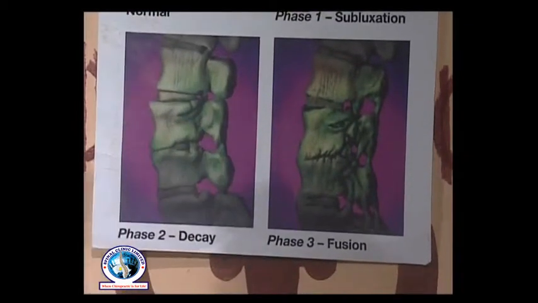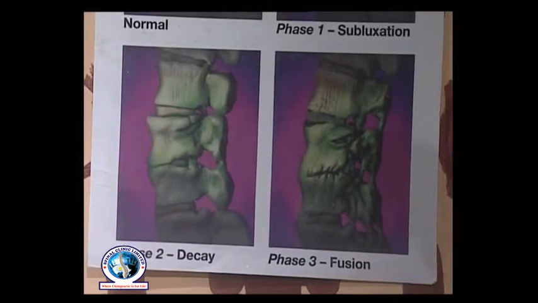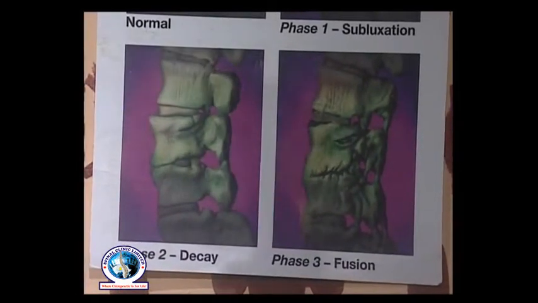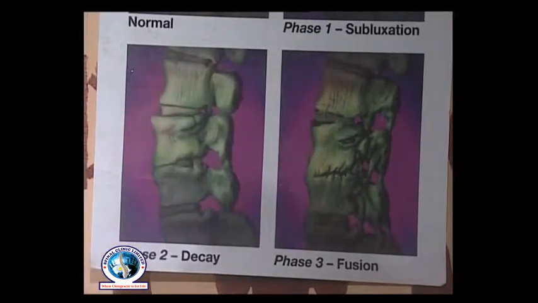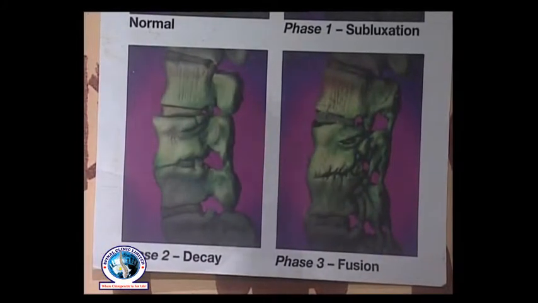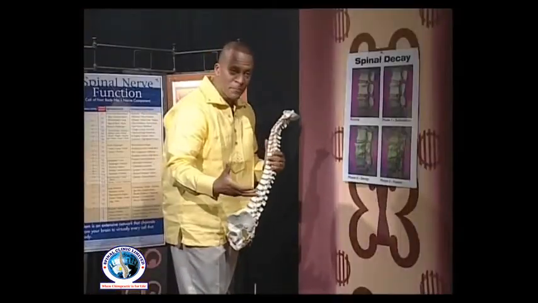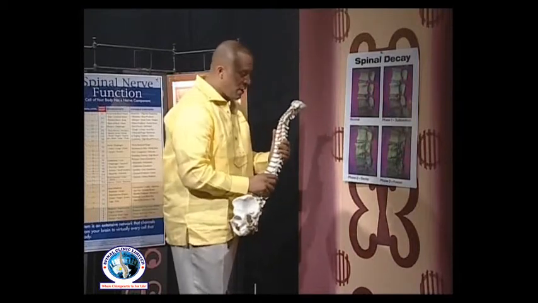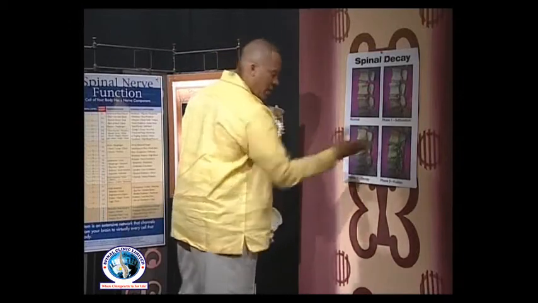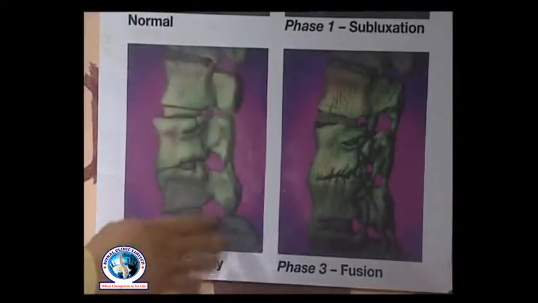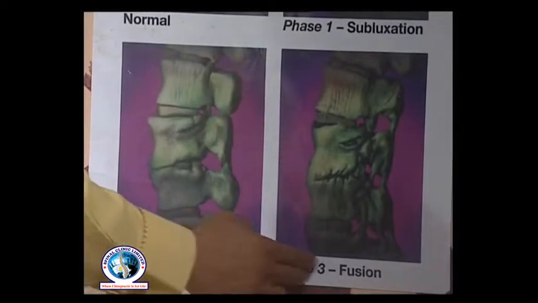You see how the disc is compressed even more. These discs are what we call shock absorbers. And when those discs are compressed, it also puts pressure on the nerves that send information to certain areas. So you can have those problems that we don't like. We don't want to have spinal problems and waist problems and other things. Okay? If we don't take care of it during this stage, it will then get to the third phase,